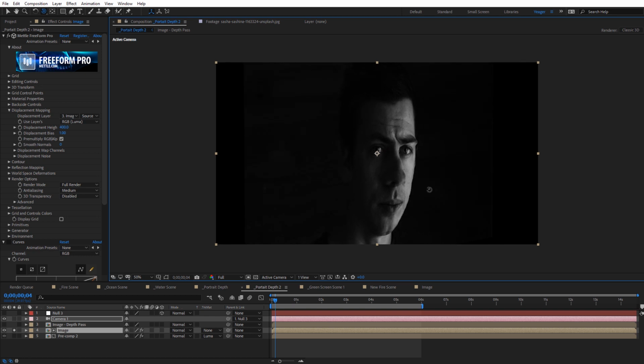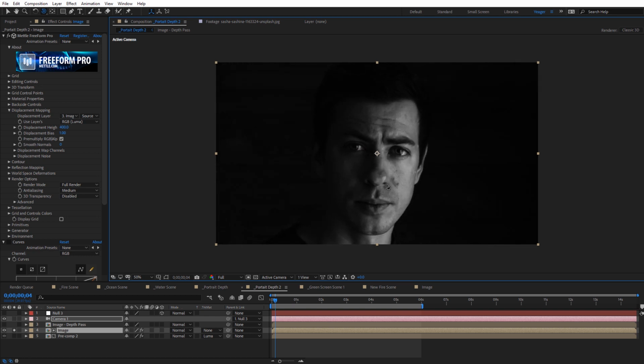Obviously, if we move over too far, it kind of breaks the effect because it's a low poly mesh, but we just need a little bit here to create a subtle parallax, almost like slow motion footage. And so we can actually use a real camera rotation with a background there to create realistic parallax. But let's take a look at this depth pass that I created.